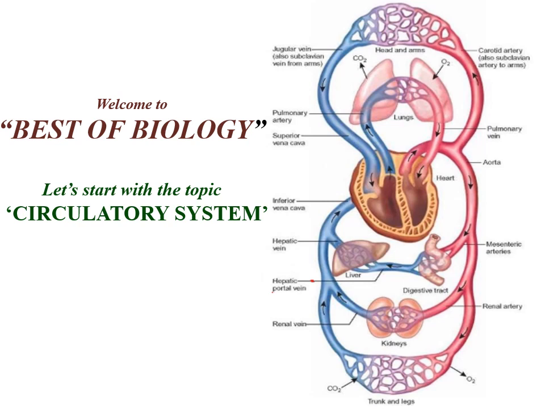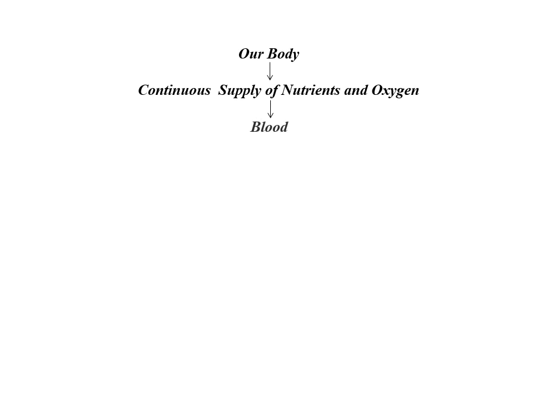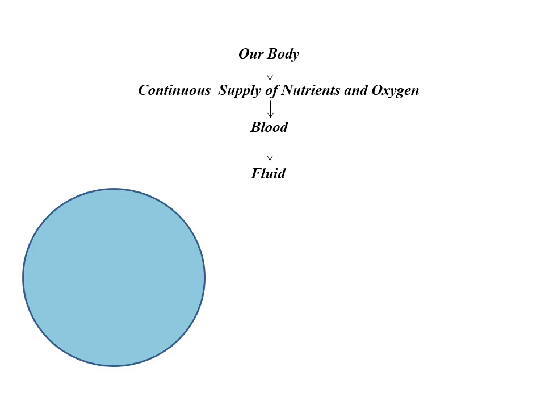this diagram to anyone. Our body needs a continuous supply of nutrients like vitamins, minerals, etc., and oxygen. These nutrients and oxygen are supplied to each and every cell of our body via blood. And hence, blood is also known as circulatory fluid as it circulates the nutrients and oxygen in our body. Have you imagined how this circulatory fluid, blood, reaches every cell?